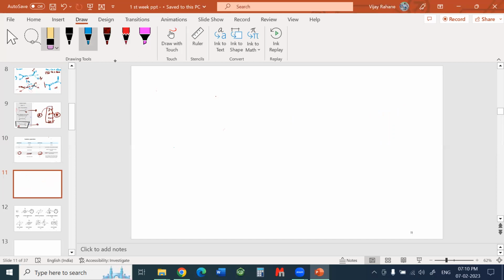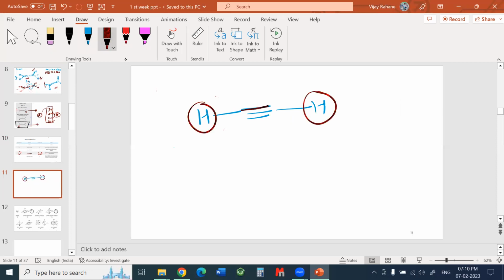Initially, we'll take a small example of this. Similarly, we'll take the example of acetylene. In this one, what you can see is these hydrogens are opposite to each other, and here there are two carbons. We can see here is the center of this molecule, and if you go opposite to this direction, there will be one hydrogen. Opposite to this direction, there will also be a hydrogen. So it has the